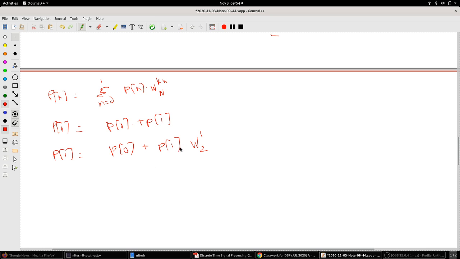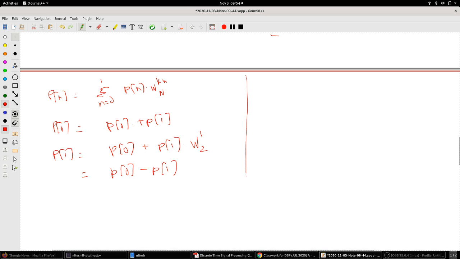Into W1 of 2. Okay, so this in short is P of 0, W1 of 2 is minus P of 1. This is your actual. So if I write it in terms of the ones which we have got, P of 2k equal to